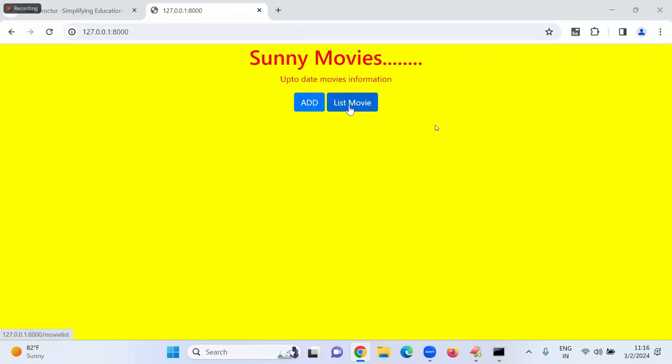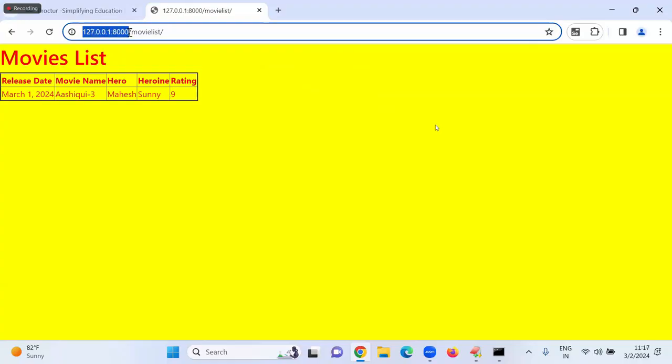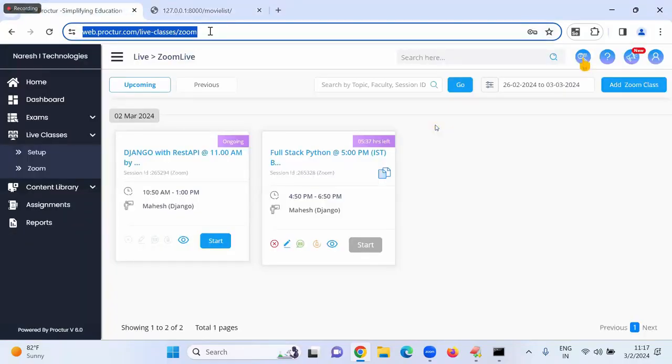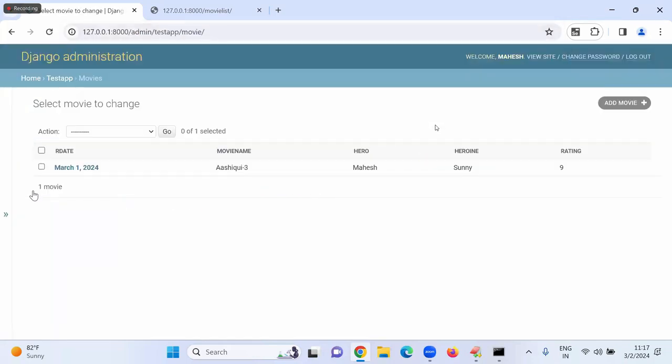Yesterday I implemented the list of movies function. Once I open this, one movie is there, but unfortunately I entered this movie name manually. I went to the admin panel and added the movie from there. That's why it is coming to the